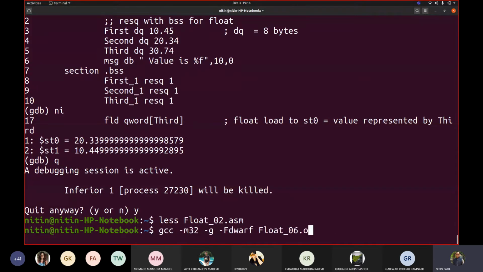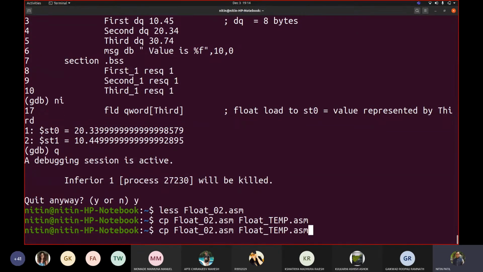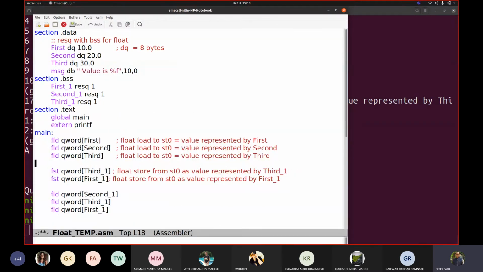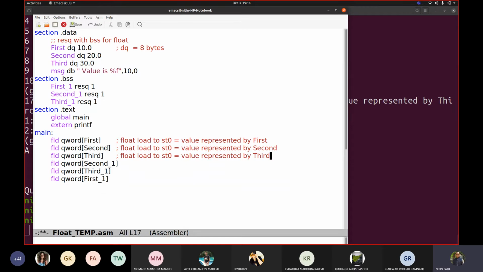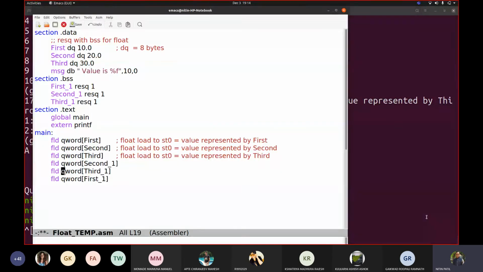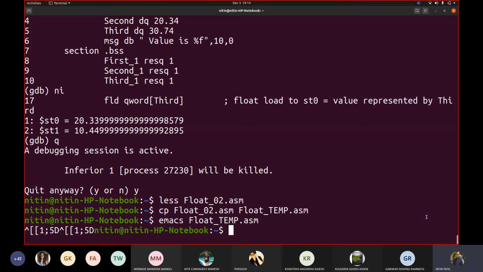I will copy this as a temporary code: cp float_2.asm float_temp.asm, and open it in Emacs. Now in this code, I will not write this FST. Now there are 6, na, so we will add a few more. We'll add this. Fine.